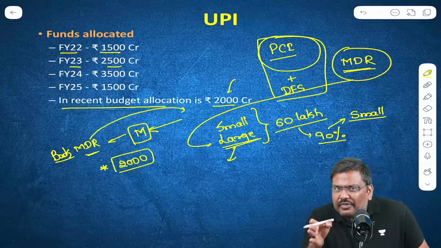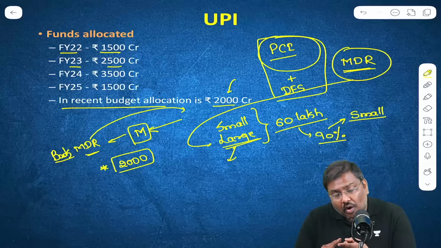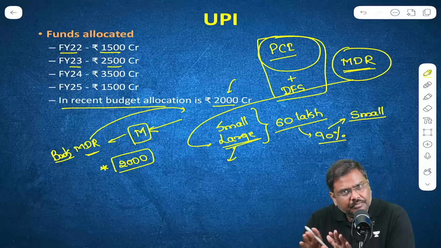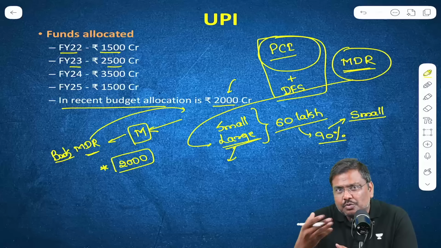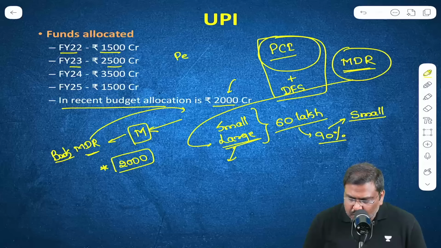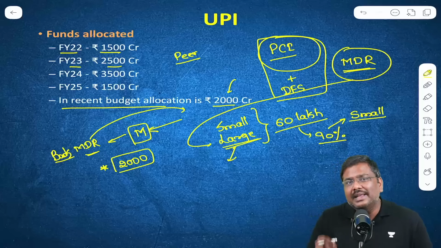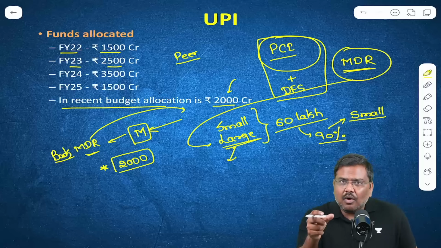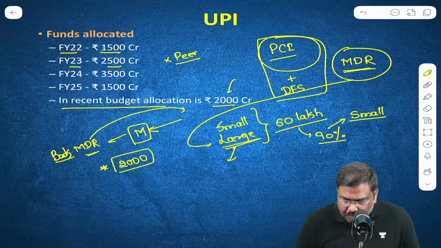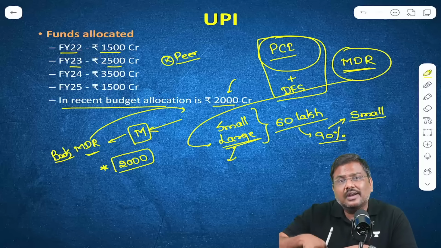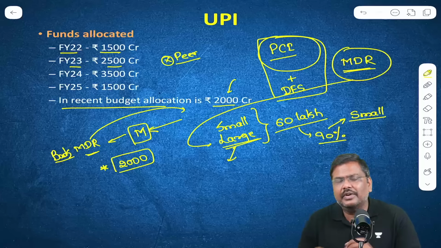But here is a clarification regarding the proposal as well. Point number one, will all the merchants be covered under this? Answer is no. Point number two, what about peer-to-peer transfer? Peer-to-peer, that is, I will transfer money to you, you will transfer money to somebody else using UPI. Will they also be covered under this? According to the proposal right now, no. What will be decided by the government, we will have to see going forward.